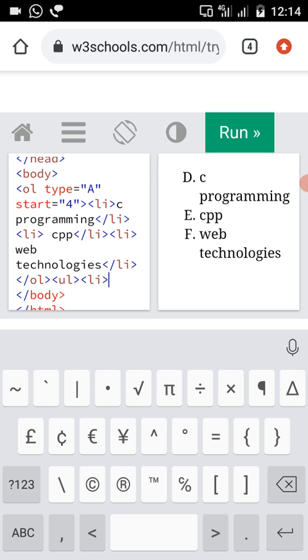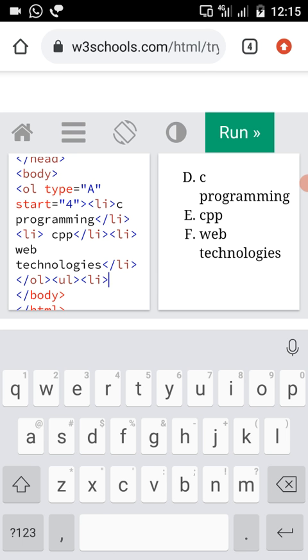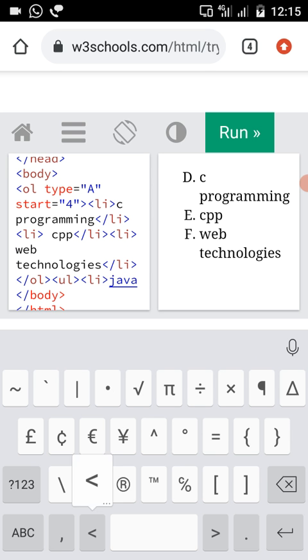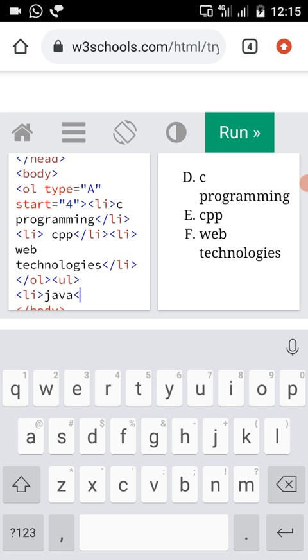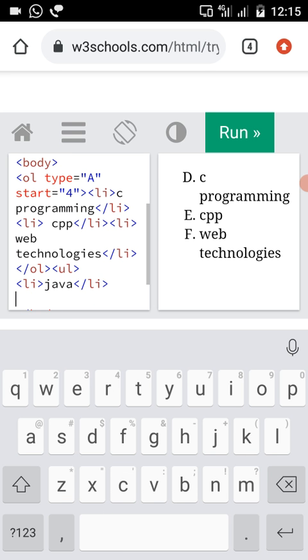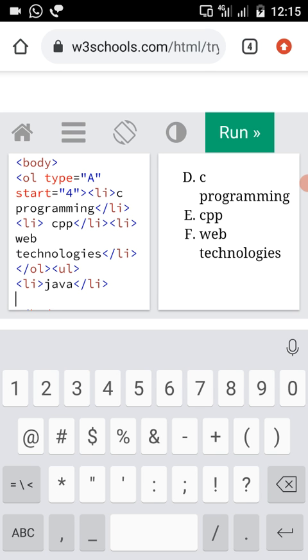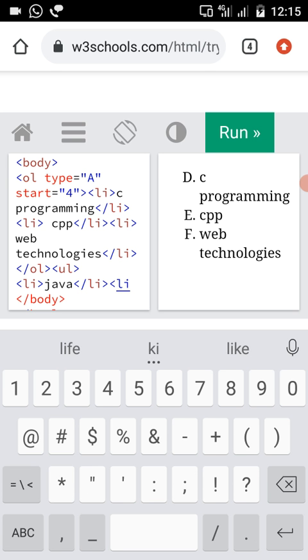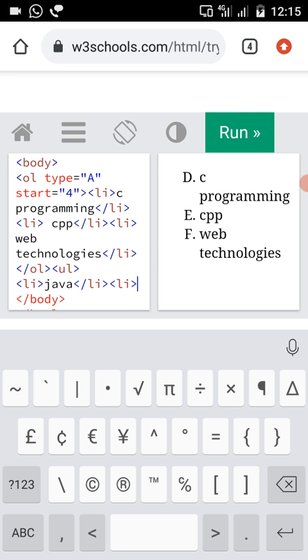Now I am considering a list called Java. After giving this Java, close the Li tag. Next, use another list item. Again use the Li tag for representing that list item.